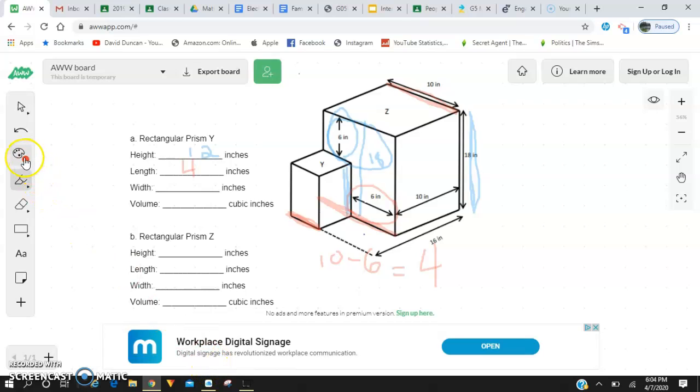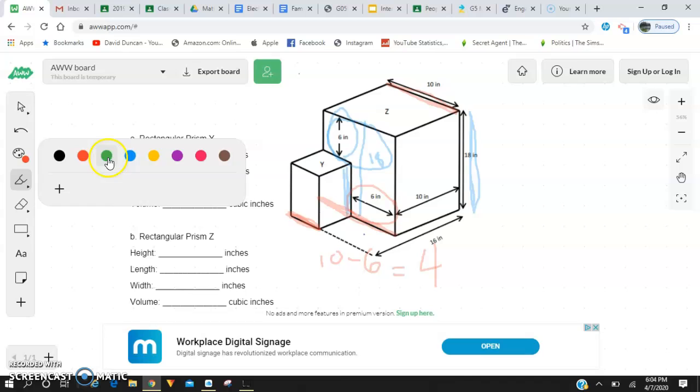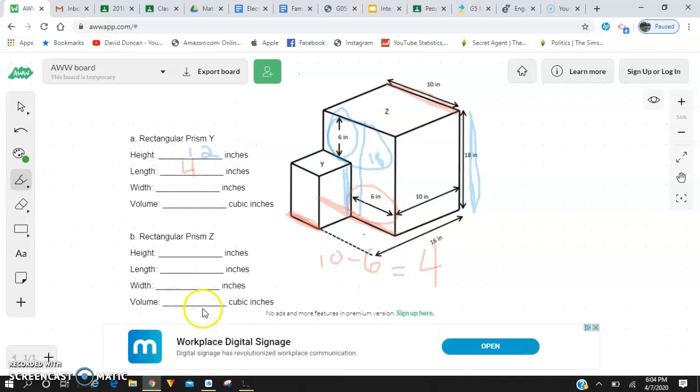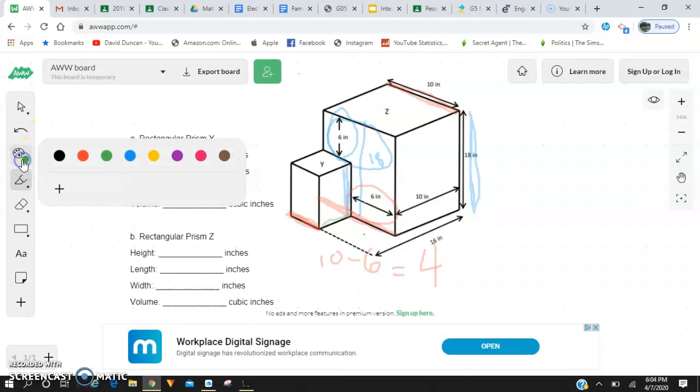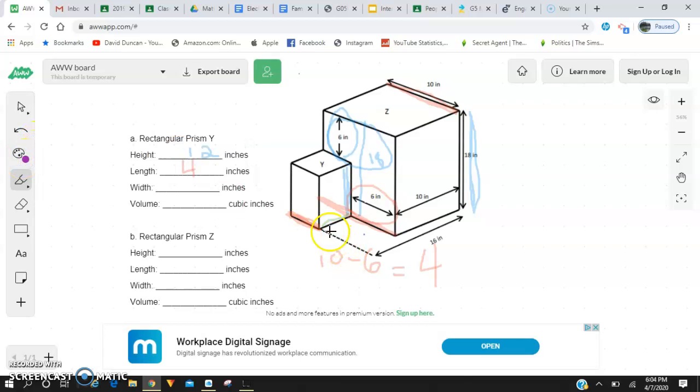Now I'm going to try to find the width of prism Y, I'm sorry. I'm going to do green. So the width I'm looking for is this area, oh, that's not a really green color. Let's go with purple. Maybe that would be better. There we go. It's a little better. So for my width, I'm looking for this area. Now, this one's going to be a little